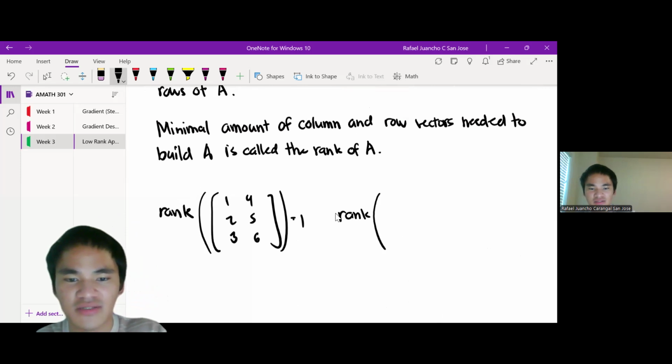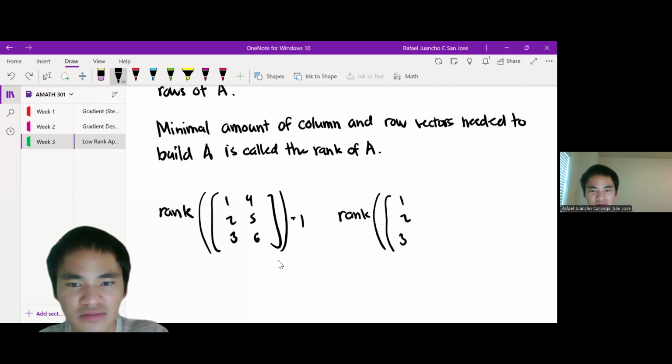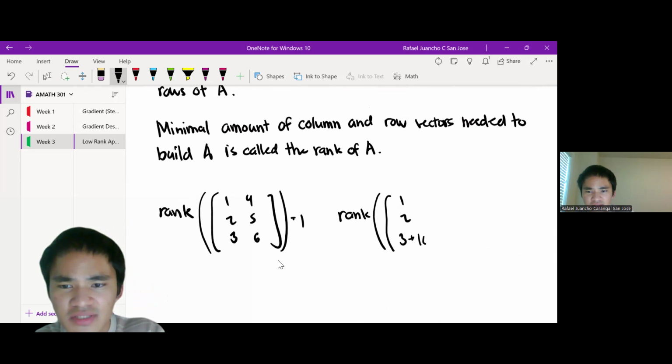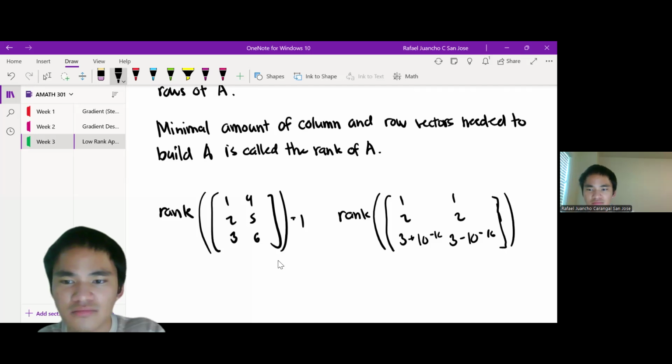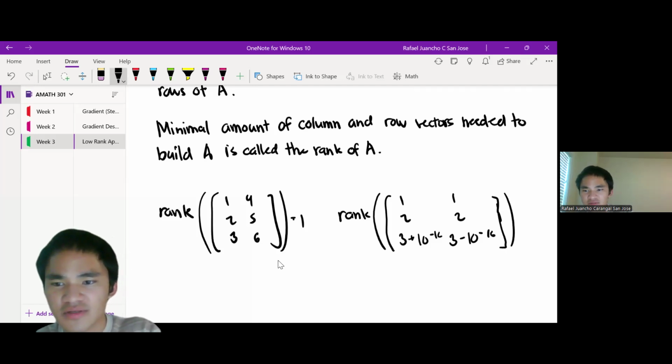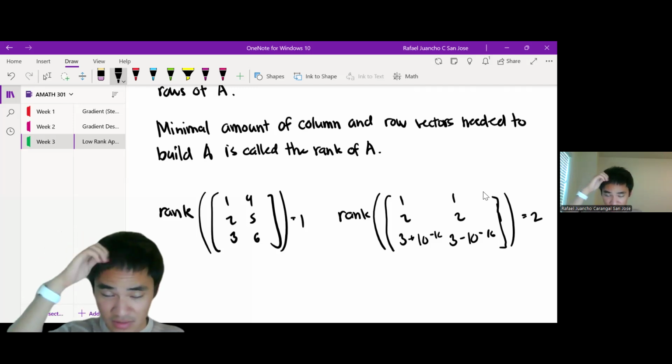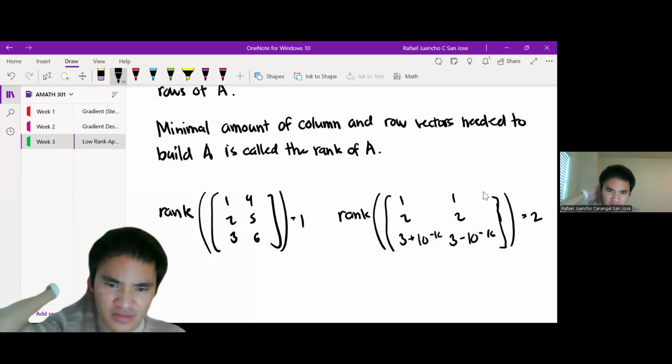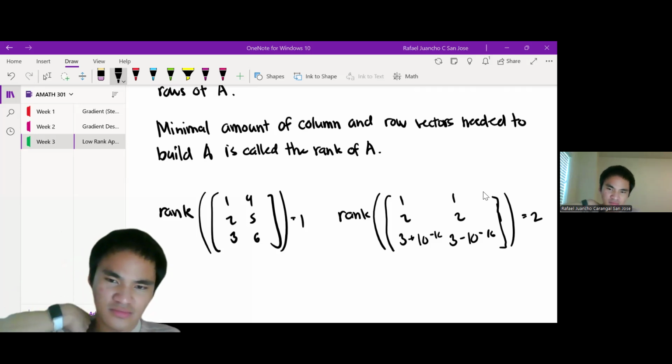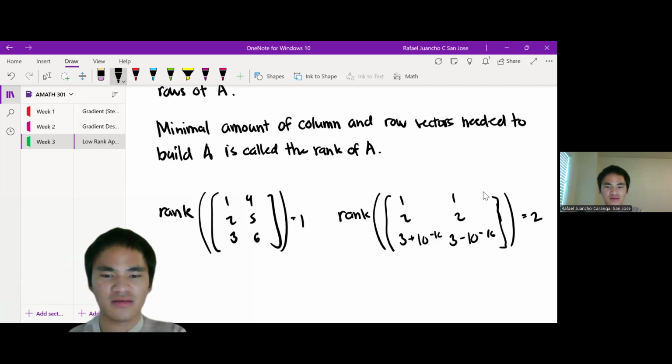Now let's look at something else. What if we get the rank of this thing? So this is 3 plus 10 to the negative 16 and 3 minus 10 to the negative 16, right? And this is equal to 2 because I needed 2 rows and 2 columns to do that. Okay,